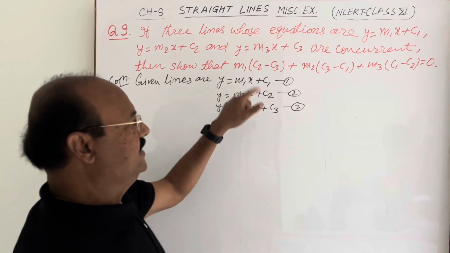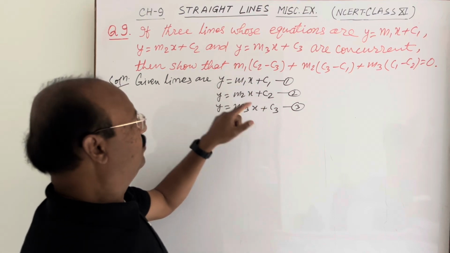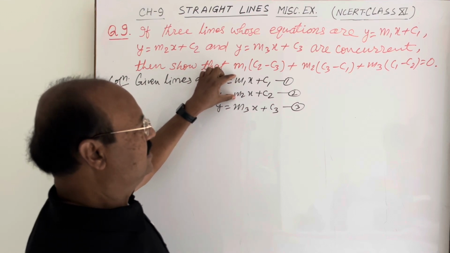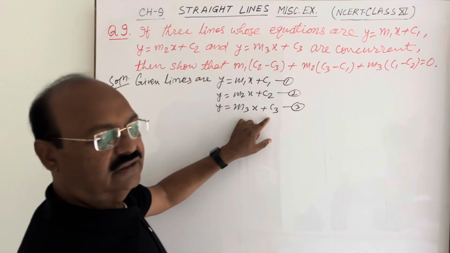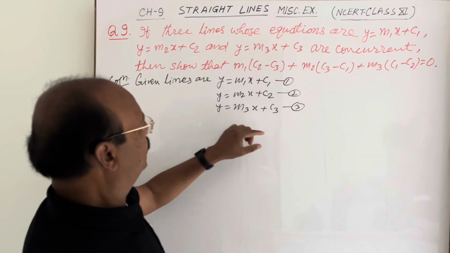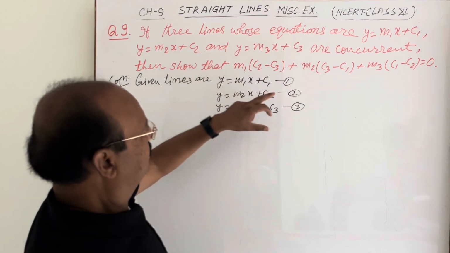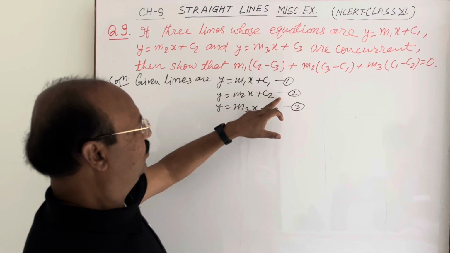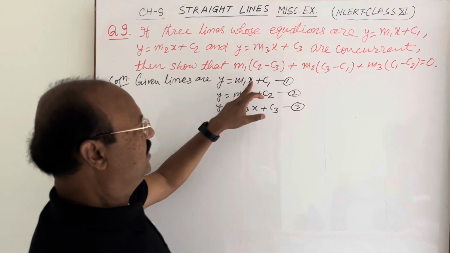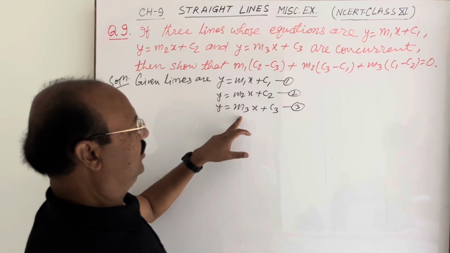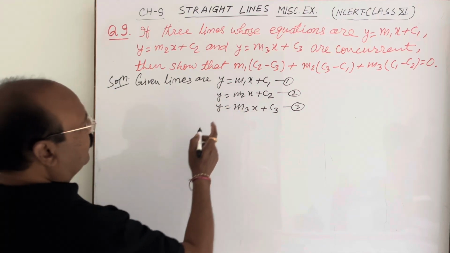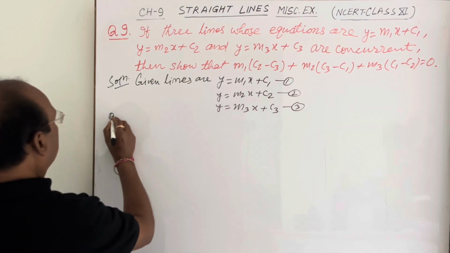Since these three lines are concurrent, the point of intersection of two of these lines will satisfy the equation of the third line. So let us solve equations number 1 and 2 and find the values of x and y, and we'll put these values of x and y in equation number 3. So by 1 and 2,